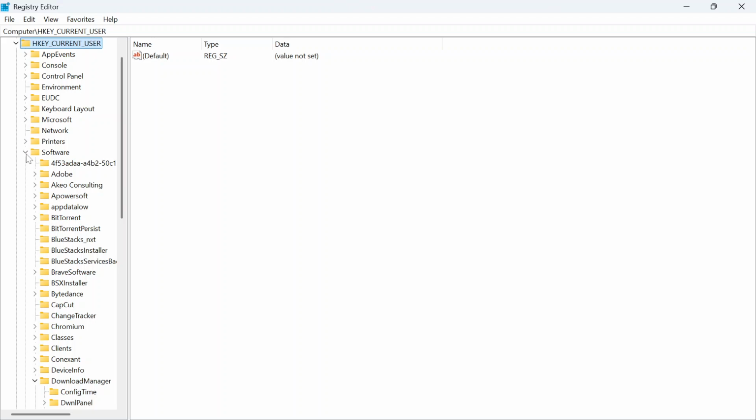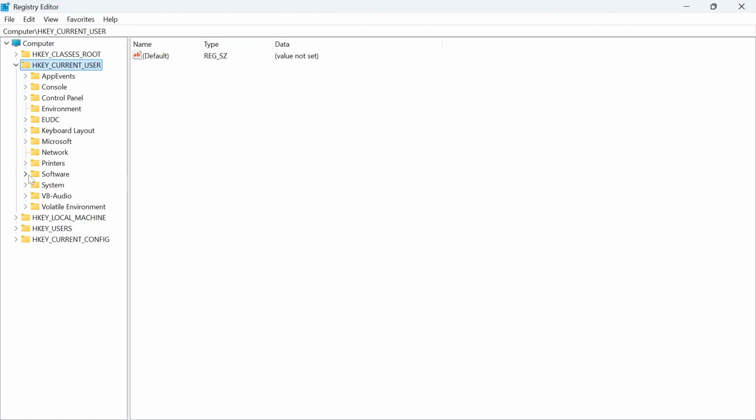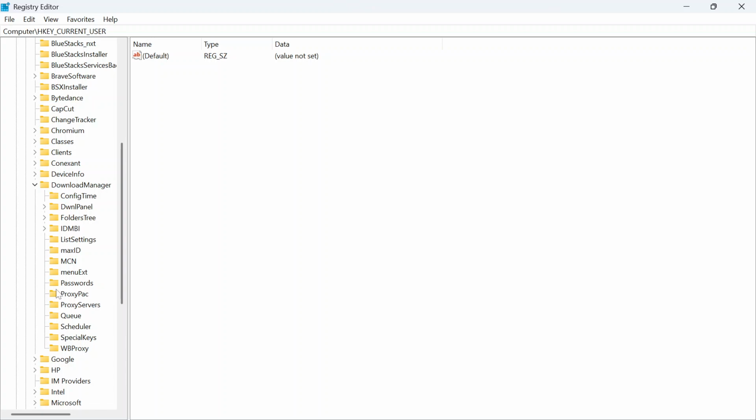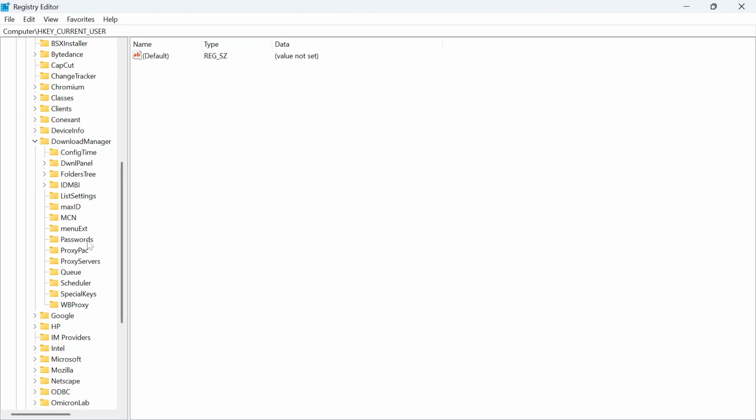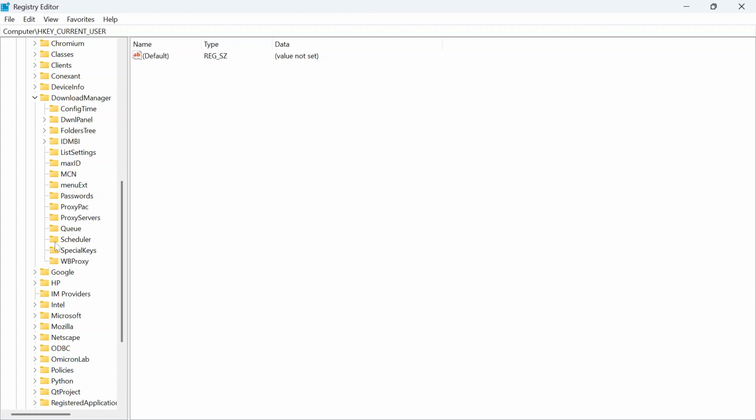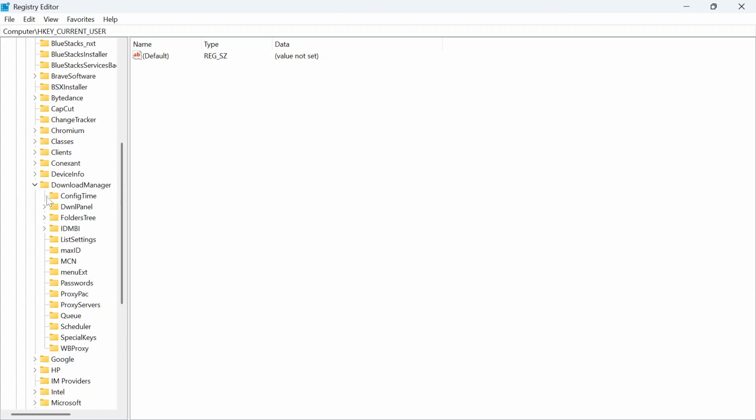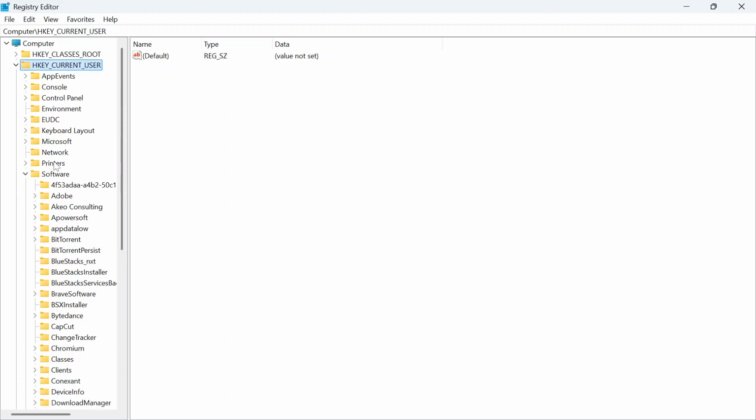Simply click on the Software and expand the Software option, scroll down and search for the Download option from here. After that, expand the Download Manager option also. Then you just have to look for